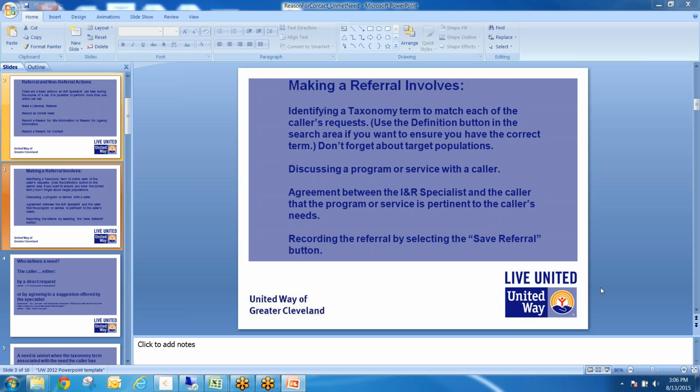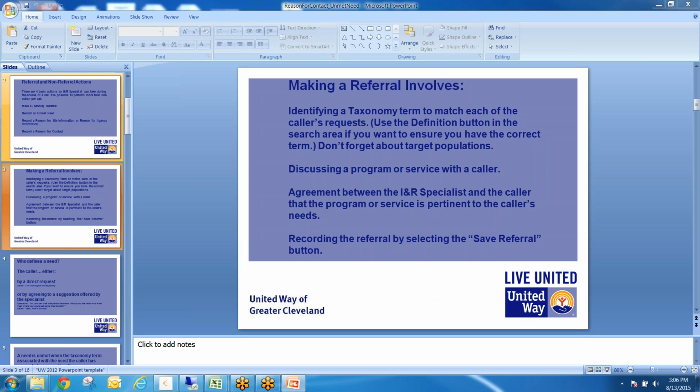Unmet needs. There still seems to be some confusion as to exactly what an unmet need is, how to identify it, and then how to save it. So I think less about how to save it in terms of the operation within Refer, but more about what to save it as. So we're going to try and give a little more clarity to that whole piece, because it's really critical right now that we be able to provide outcome measures to the community, to be able to show the community